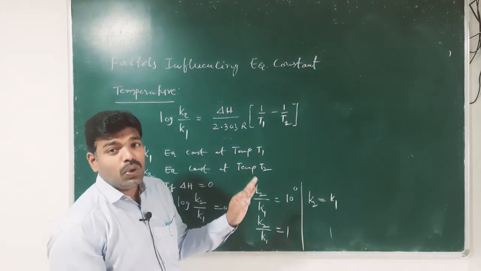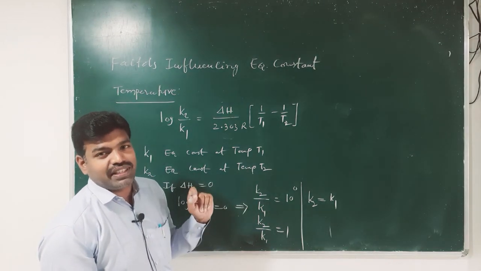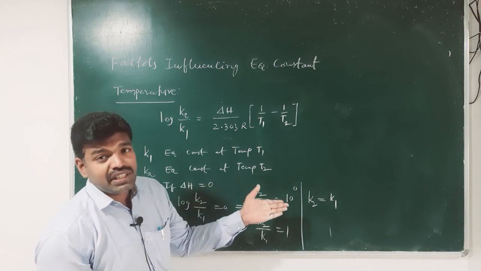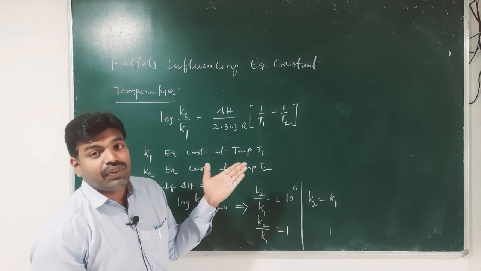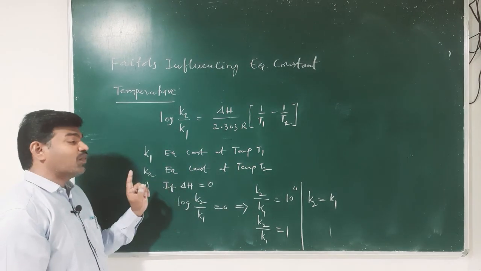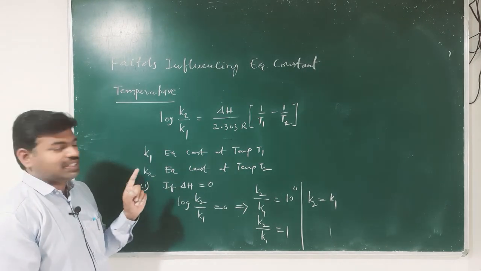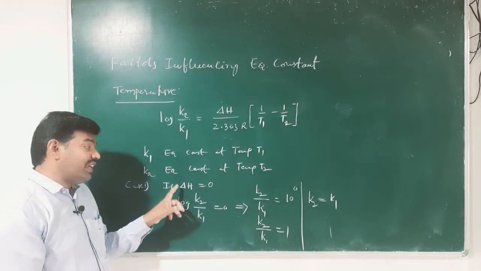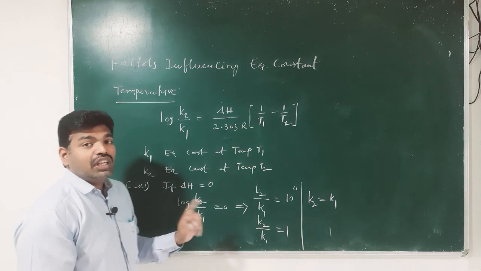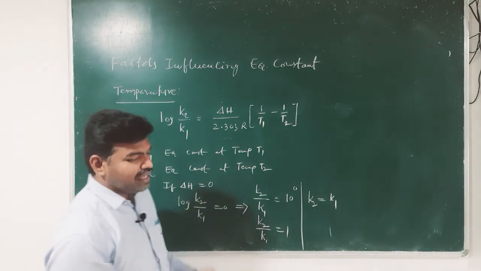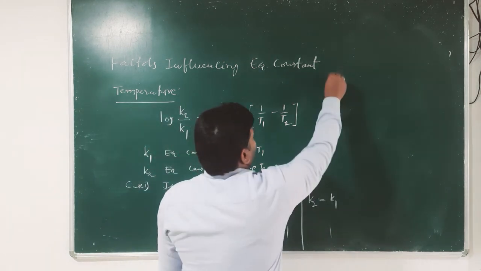That means temperature has no effect on the equilibrium constant. The equilibrium constant is independent of temperature when delta H is equal to 0. This should be kept in your mind. When delta H is equal to 0, the equilibrium constant is independent of temperature. Okay, so that is case 1. And case 2